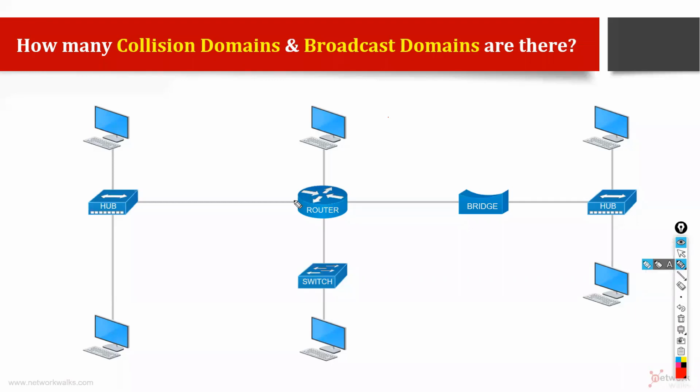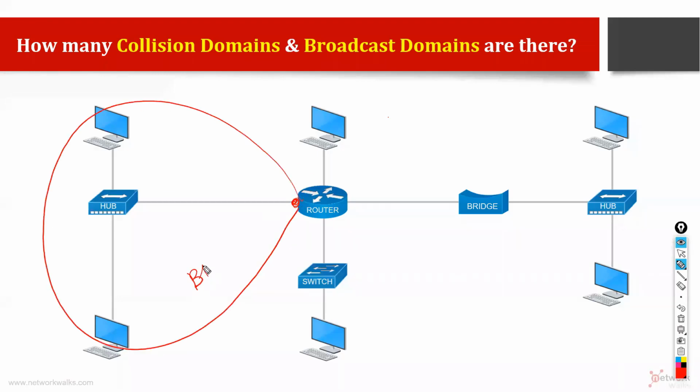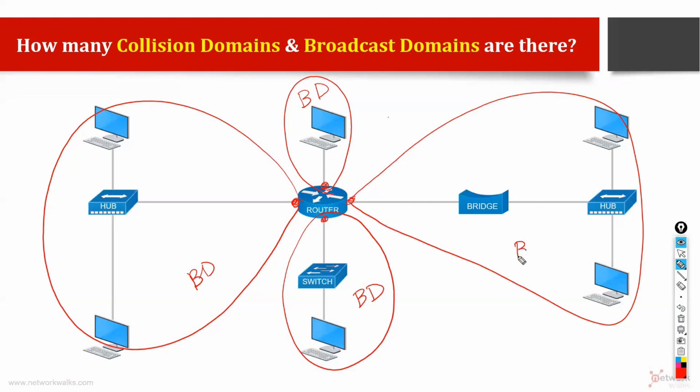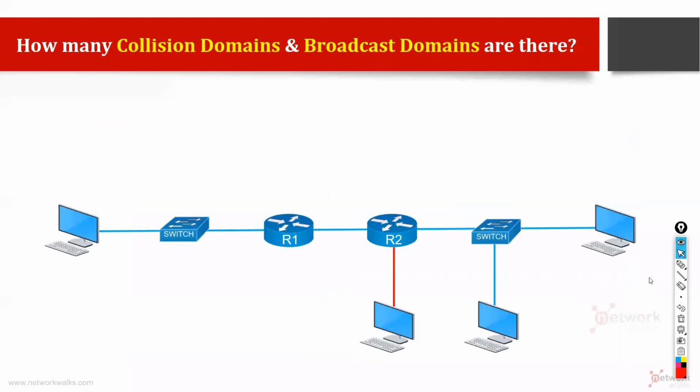So let's start counting. Each port on a router is a broadcast domain, right? According to the rule, this is one broadcast domain. Then another port on the router is also a broadcast domain. Whether it has one computer or two computers, one port on a router is a broadcast domain. Then there is port number 4. The switches, bridges, and hubs don't make any difference. So how many in total? 4 broadcast domains. This is a very common question in an interview, especially at entry level, CCNA level. Okay, next. How many here? Quickly, guys. Make a rough guess. How many broadcast domains here?